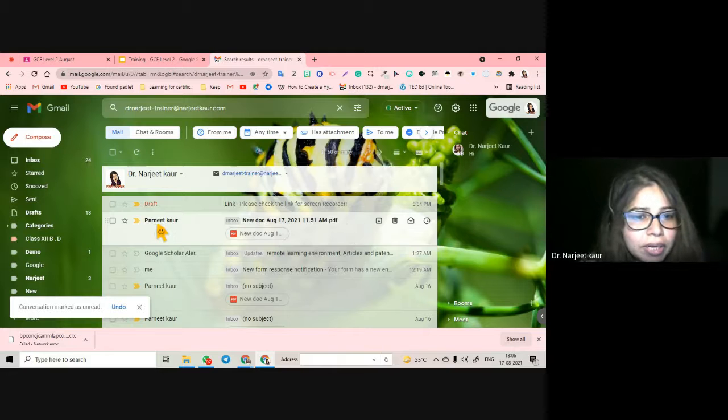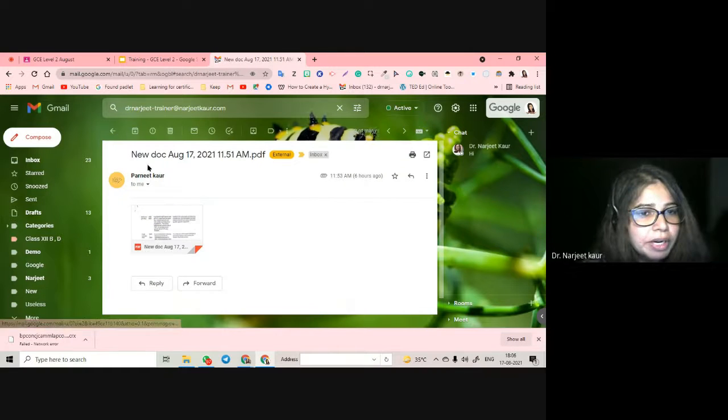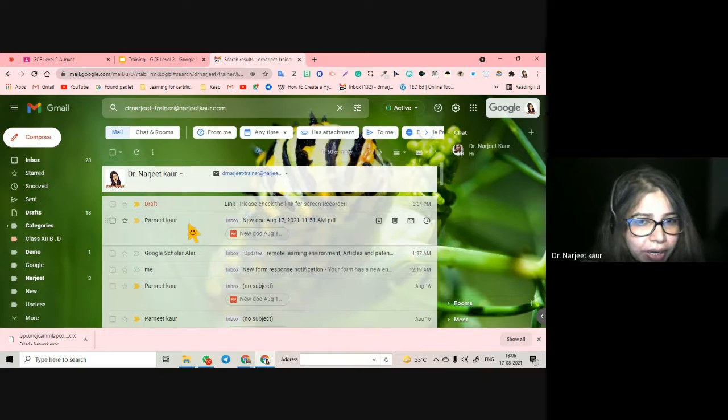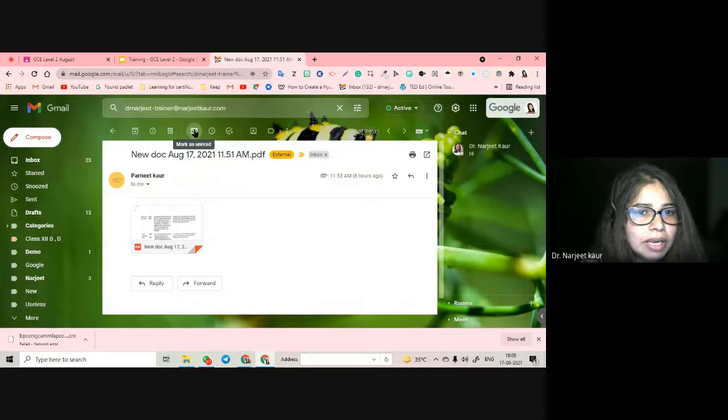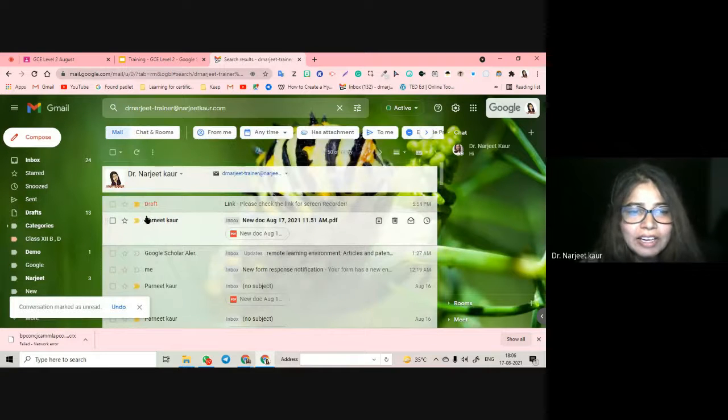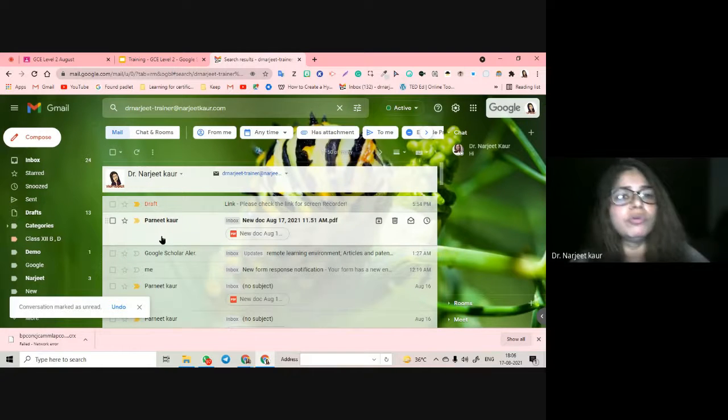And you see this, again it is going to be marked as unread. आपको highlight होके मिलेगी जो आपने नहीं पढ़ी है. See, I have opened it. Right now it is opened, है ना? Right now you see this is not highlighted because I have already opened and read it. But if I go here and I mark as unread, you see again it is going to show me as highlighted one, because I know that right now I do not have the time to go through all the details.